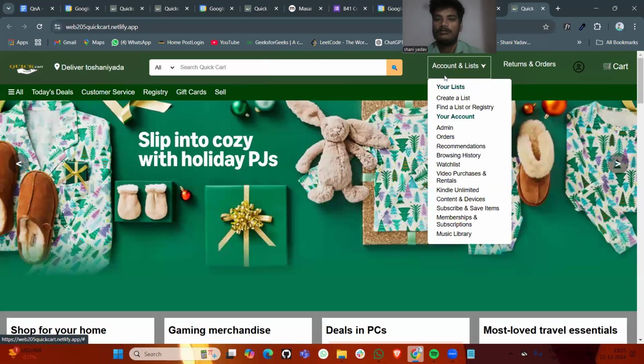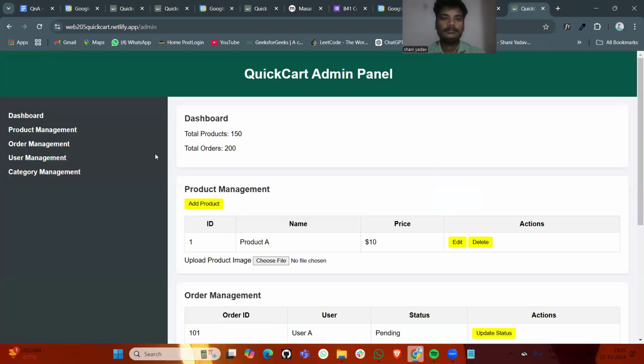So coming to account and list. So basically we have created all of this. In this we have also created an admin. So let me show you the admin panel. So basically in admin,